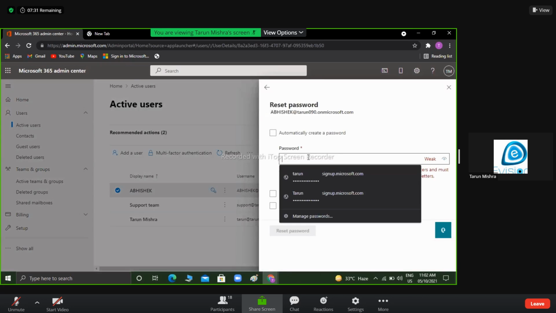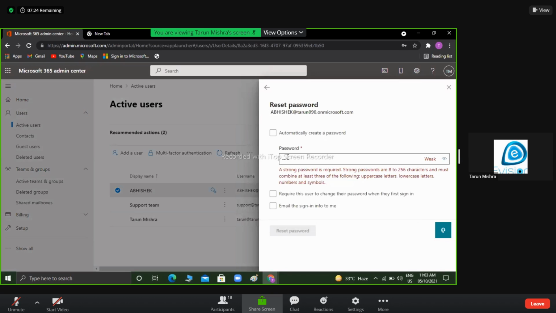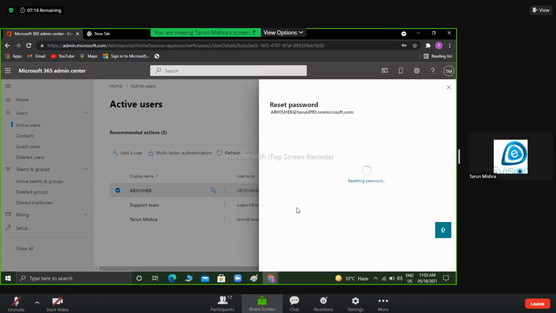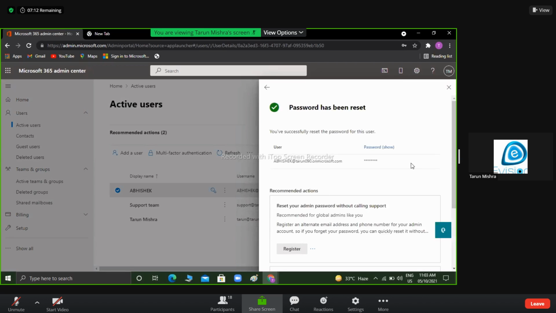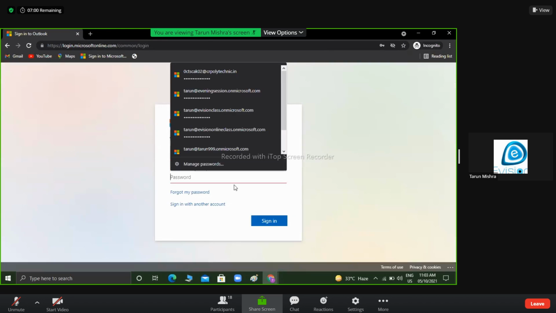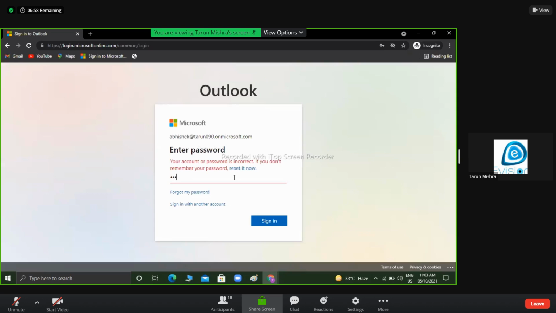right? So okay, I'm resetting a password. I'm creating a new password for Abhishek. Okay, I'm giving a password Outlook. Now, okay, guys, after resetting, I will refresh this portal. And guys, I will log in with the Outlook at the rate 123, right?